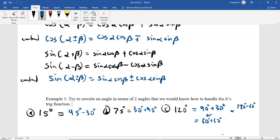Now, admittedly, 120 degrees, me personally, I would never do a sum or difference formula on this one. I would say, well, 120 degrees would have a reference angle of 60 degrees, and then I just do the sine or cosine or whatever of 60 degrees, but then maybe I need a negative in the answer based on the quadrant. Quadrant 2 would say if I was dealing with sine, it'd be positive, cosine would be negative, by a smart trig class. Well, maybe you're a student who's really been struggling with that smart trig class stuff,